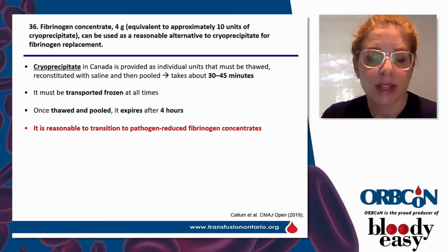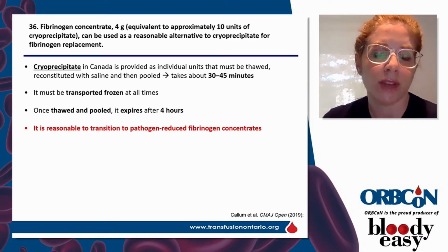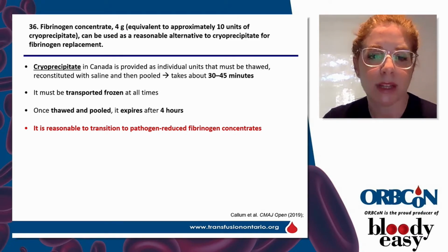Fibrinogen concentrate is now becoming standard care for the replacement of fibrinogen. And so 4 grams of fibrinogen concentrate is equivalent to about 10 units of cryoprecipitate, and it can be used as a reasonable alternative for fibrinogen replacement. And why is this? So cryoprecipitate takes about 30 to 45 minutes as it is provided as individual units that